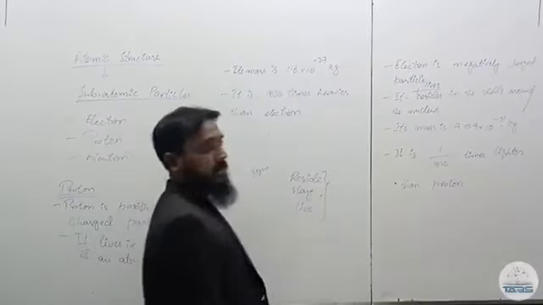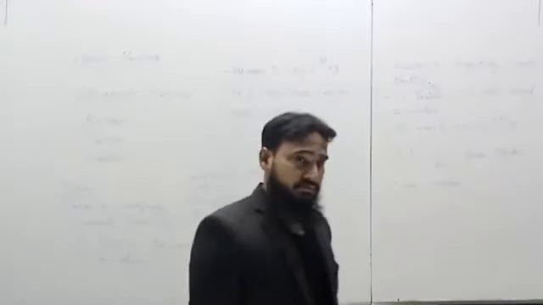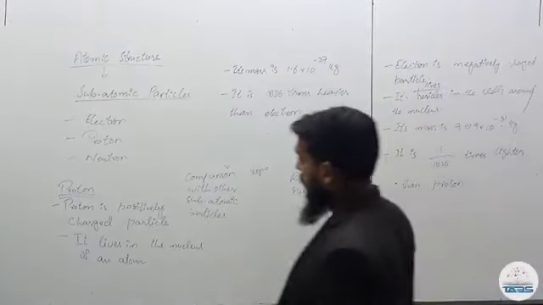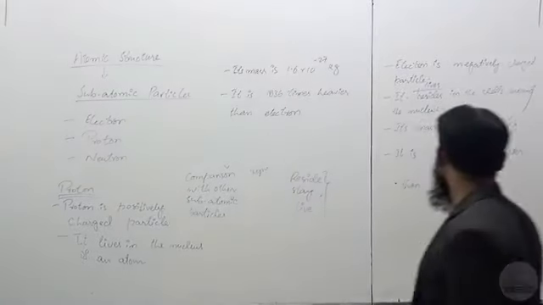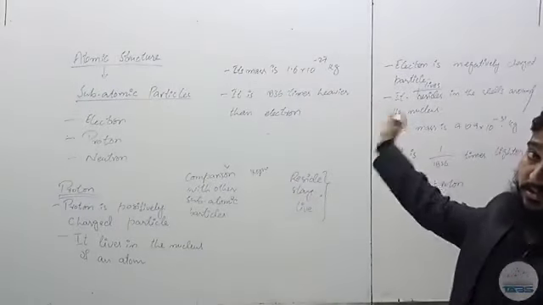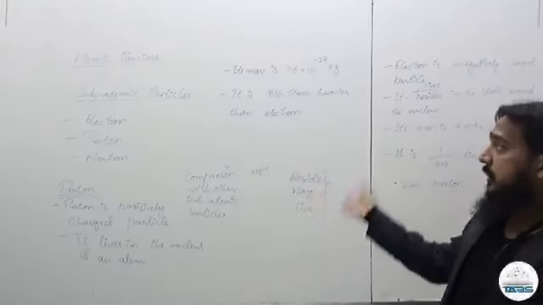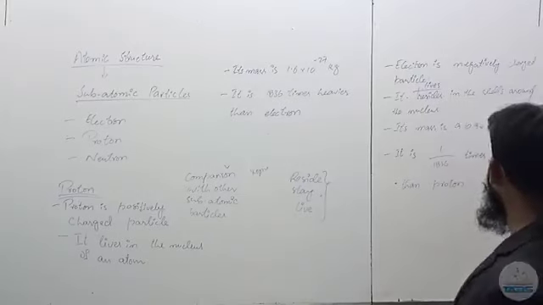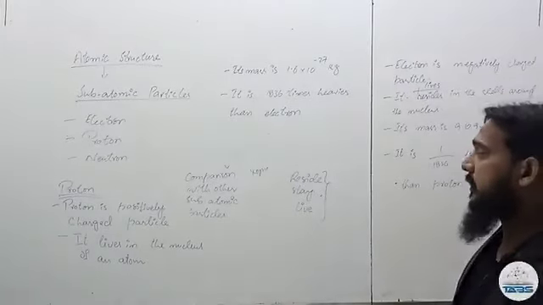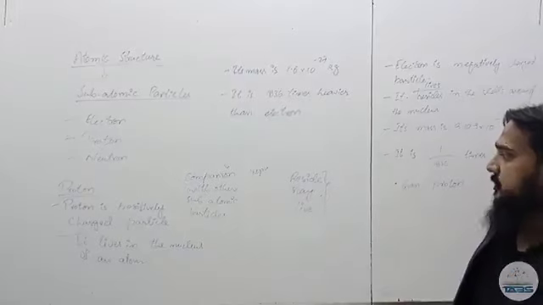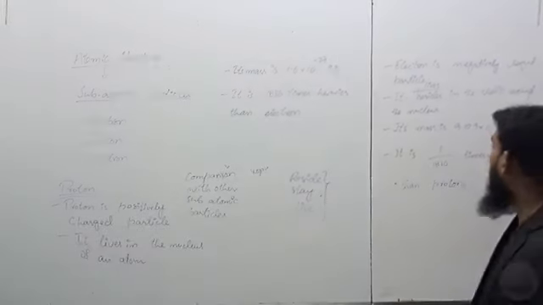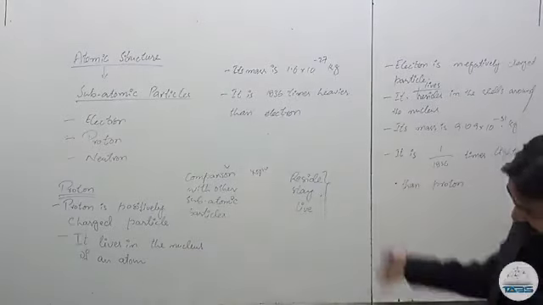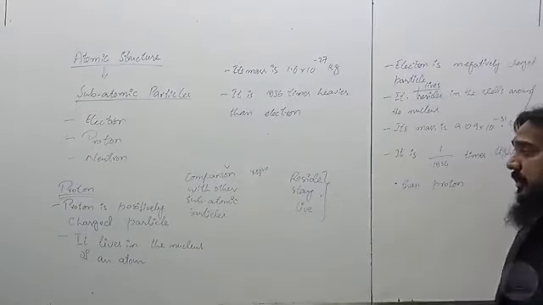These points are complementary points about these subatomic particles. Here you are writing about the electrons. Electron is a negatively charged particle. You can also compare electron and proton, how they differ from each other. Electron is a negatively charged particle, while proton is a positively charged particle, and the electron resides in the shells around the nucleus, while proton lives in the nucleus of an atom.